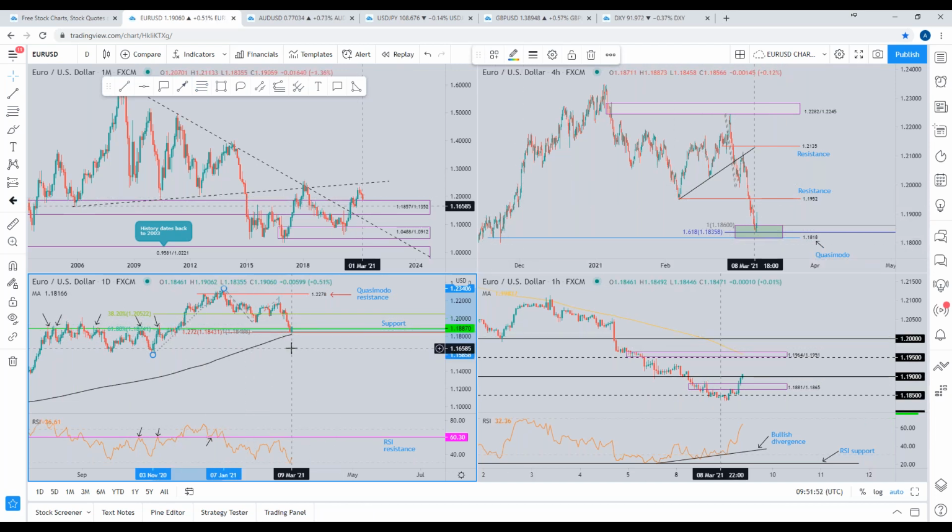So basically a fib cluster is where, as I said, fibs converge at the same price point. This is something you should really look into because it can really complement support or resistance, supply and demand, a trend line